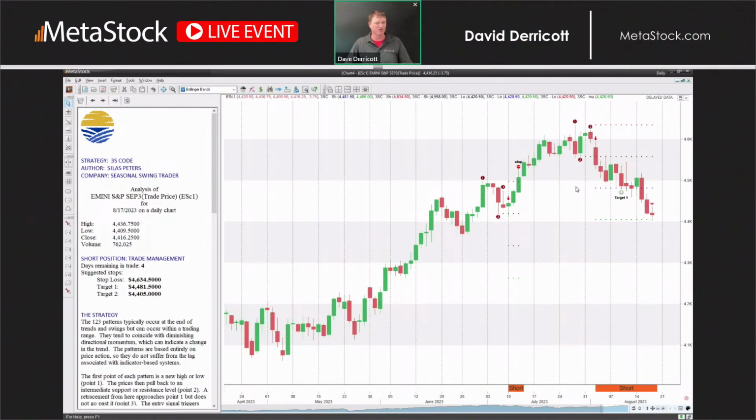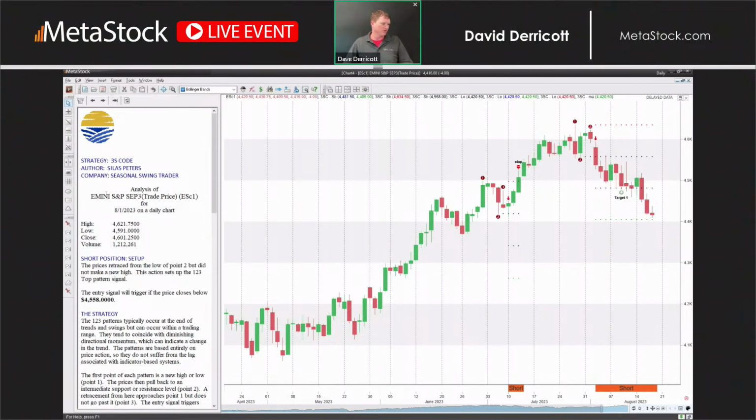And before I go any further, let me back up as far as the patterns go with this, because it's based on a W or an M pattern. If you're in a long position, it's going to be a W. If you're going short, then it's going to be an M pattern. So in this case, you've got your W, you've got your short signal. So I had my 1, 2, 3 price pattern. If I put my expert on there, it'll tell you that you've got your setup. This is the part that I really like about this add-on, because it gives you your clear setup.